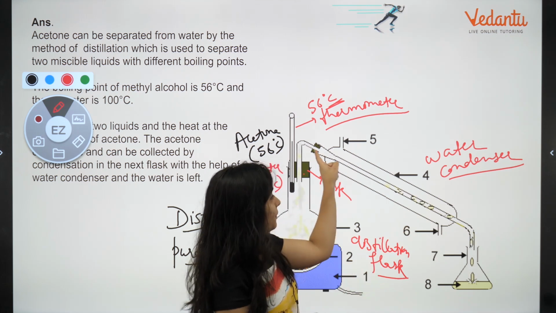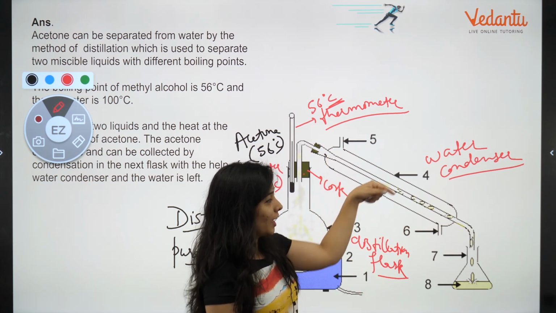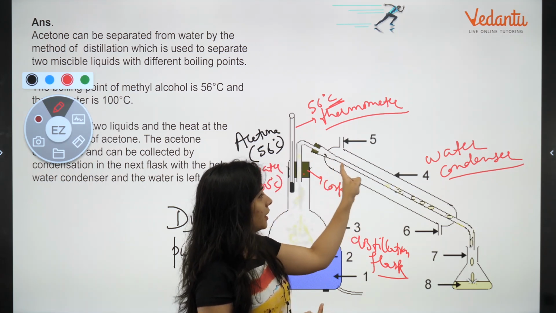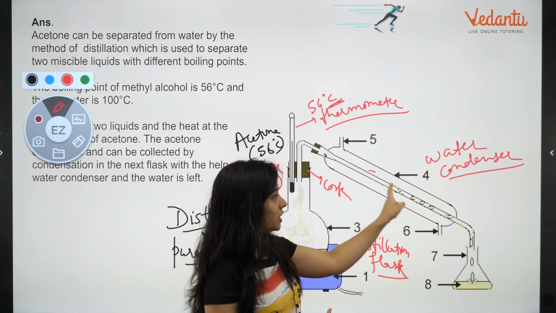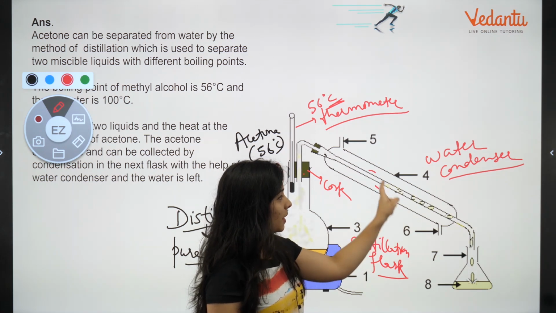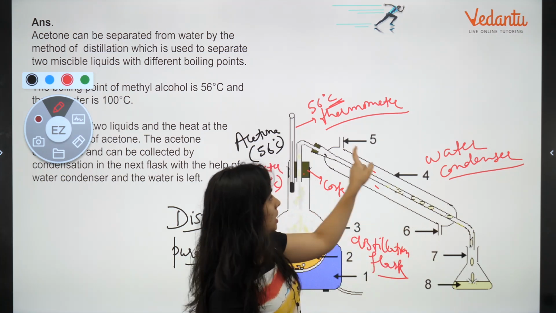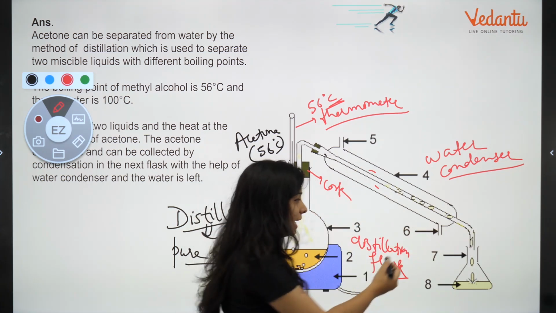Liquid में जो ये vapor आ रहे हैं acetone के, can you imagine? This is a round flask in which this part is connected to a tube inside, and this part is hollow inside, खाली है, and in that hollow part there are two connections here and here. So this is known as inlet.